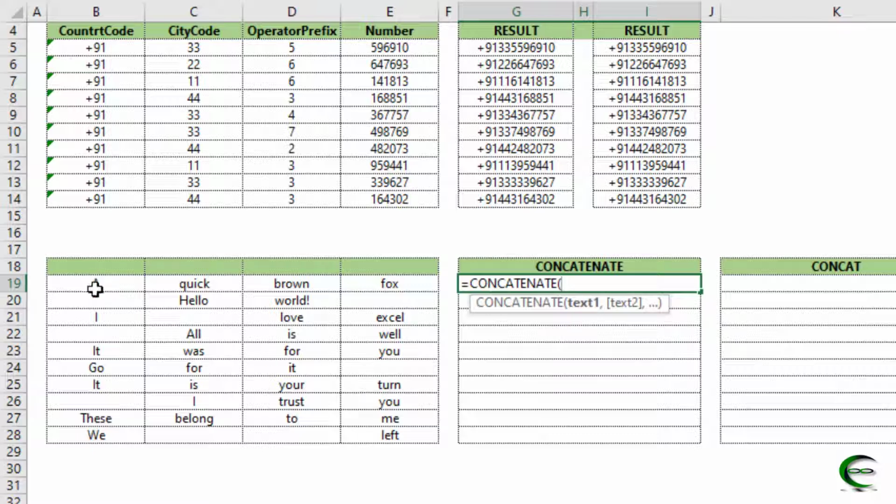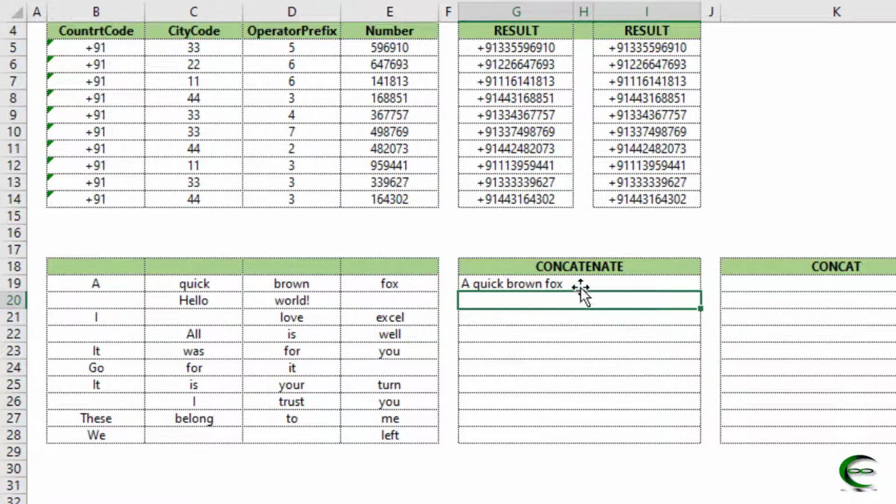We need to select individual cells. After each word we need to give a blank space, so this also we need to give manually. Then the third cell, again space, and finally the fourth cell.